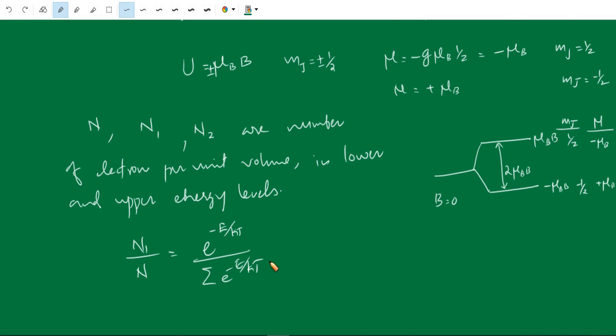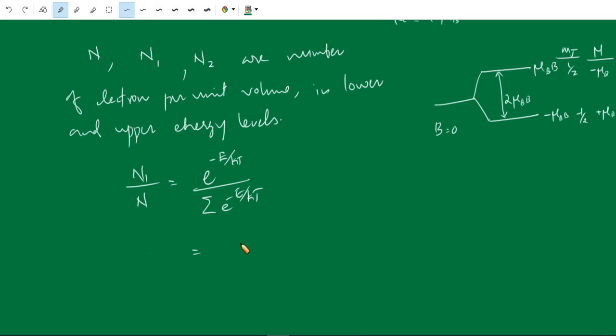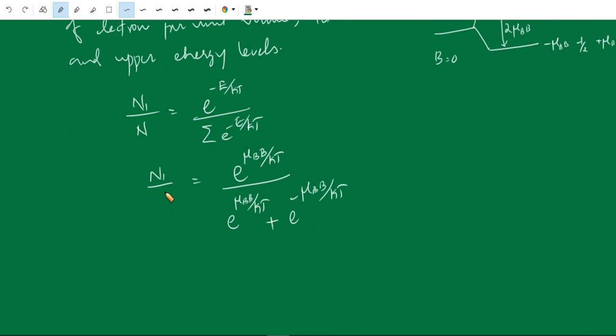Okay, so this is equal to e raised to plus mu B divided by kT, divided by e raised to mu B divided by kT plus e raised to minus mu B divided by kT. Okay. So this is N1 divided by N. Similarly, N2, the fraction of the number of particles in the upper level, is